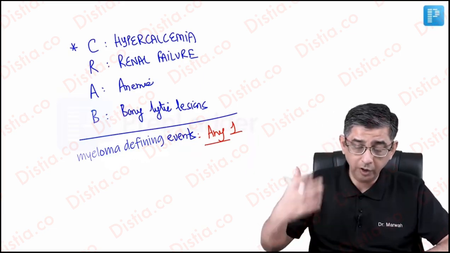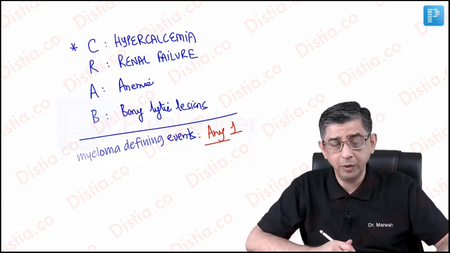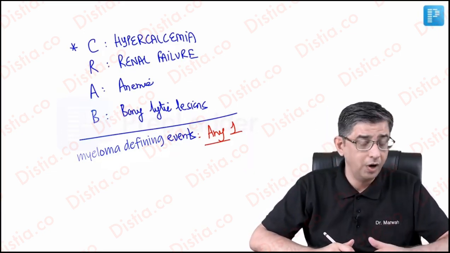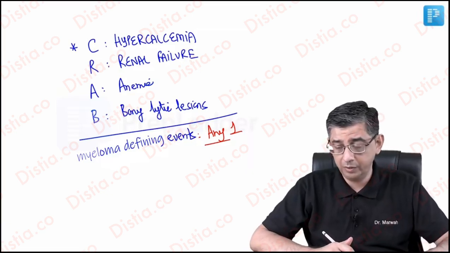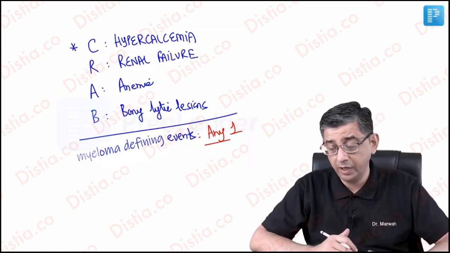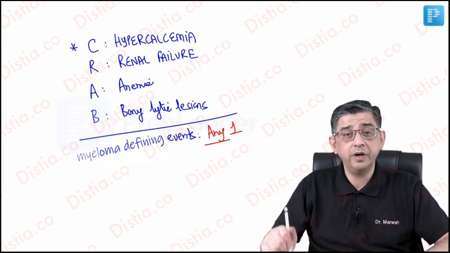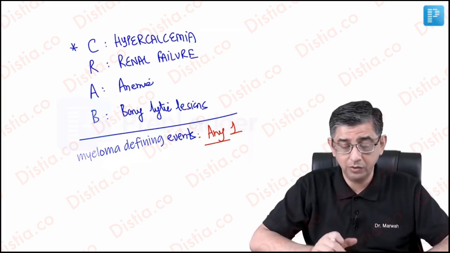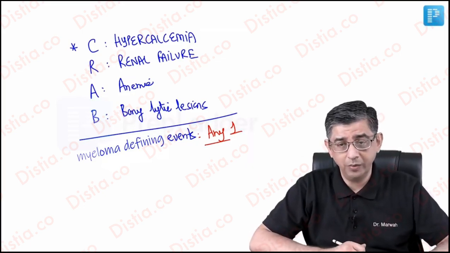I am saying you don't need to develop all of these to say, okay, now multiple myeloma diagnosis is to be considered because plasma cells are elevated in the bone marrow. Cutoff I've told you already. With myeloma-like events, it has to be 10%. So any one of these, if written in a question, you will make a diagnosis of the patient based on the triad that I highlighted as that of multiple myeloma.